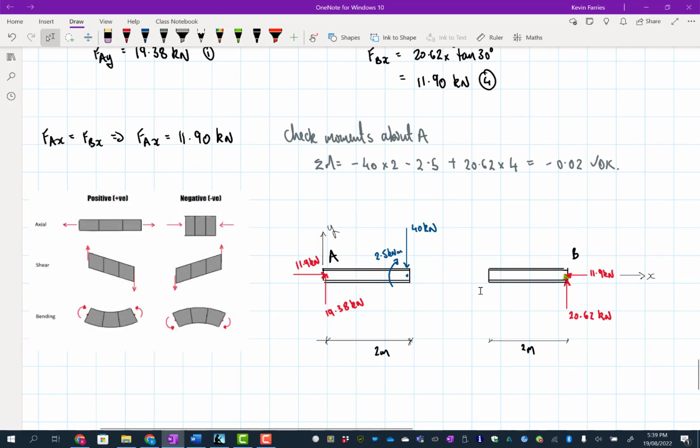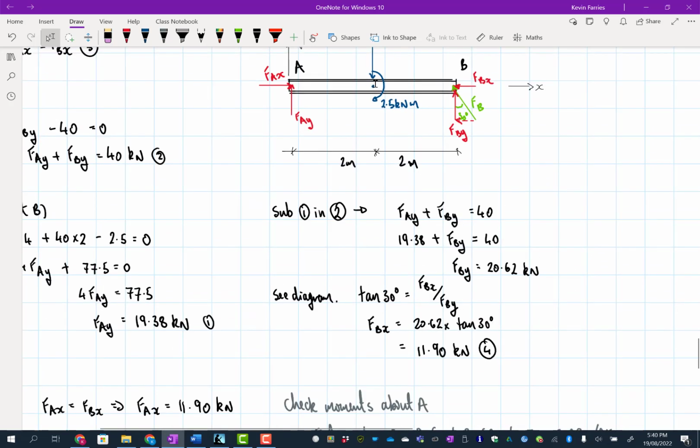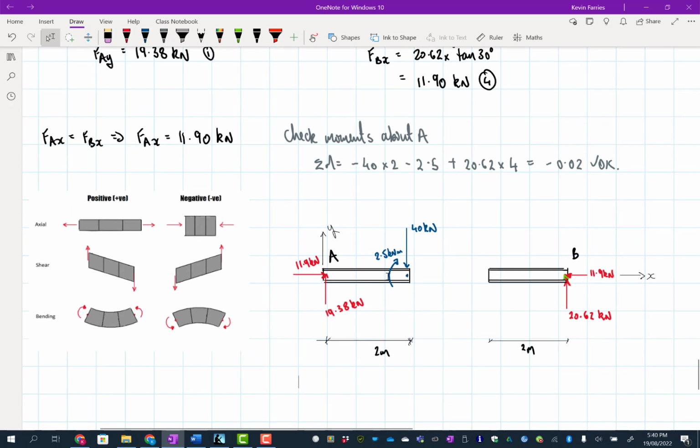So I've drawn my free body diagram with the beam split into 2 halves. As I mentioned before, you don't have to go to all the effort of redrawing all this, but you do have to be very careful about which side you're thinking of at any one time. If you just try and do it all from this diagram, just draw a line through here, you just have to be imagining this. Make sure you're imagining this, otherwise it's very easy to get confused about which direction's positive